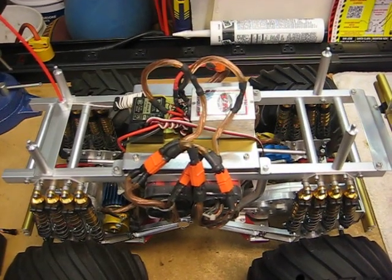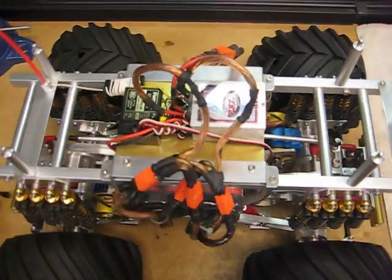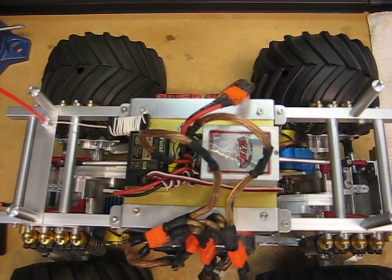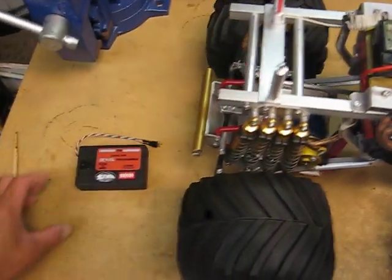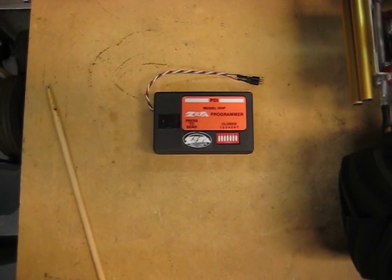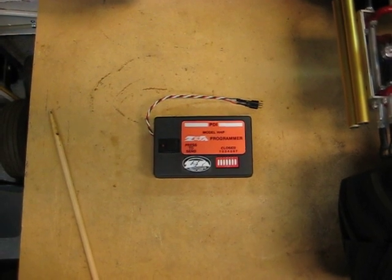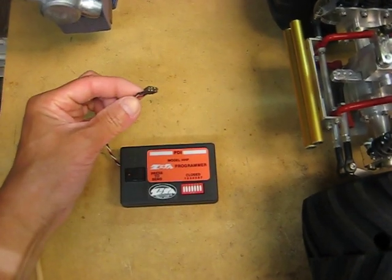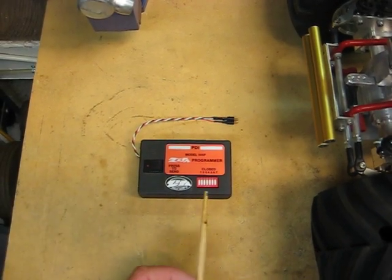And the way you change the settings on that ESC is that if you notice, if you look at it, it does not have any dials or any buttons or anything on it to adjust. So the way you change the settings on this ESC is by using this right here. This is the HHP Zeta programmer that PDI uses to program all of their electronic speed controllers. And the way you use it is you plug this wire into the ESC